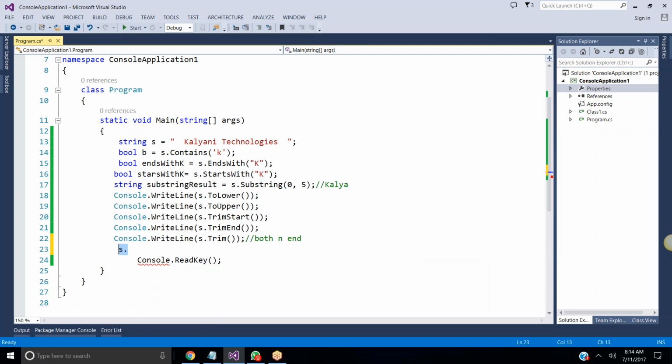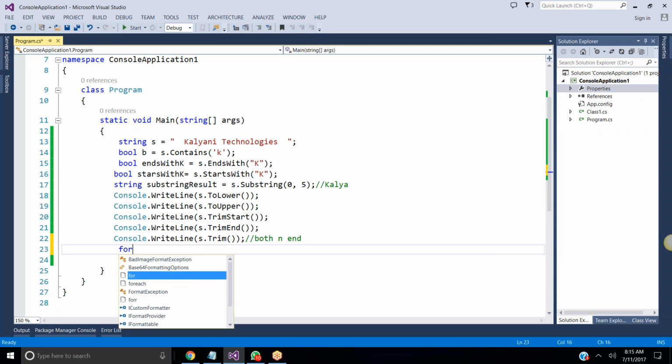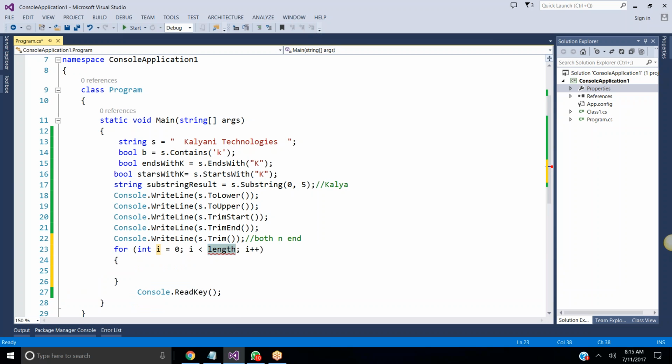Now listen here, I want to reverse the string. As of now we don't have a predefined method for it, so if we want to reverse we can use a for loop. Here, for s dot length minus 1, since the index always starts with 0, am I right? So here we can say it's greater than or equal to 0, and i minus. Clear? Till now it's clear.